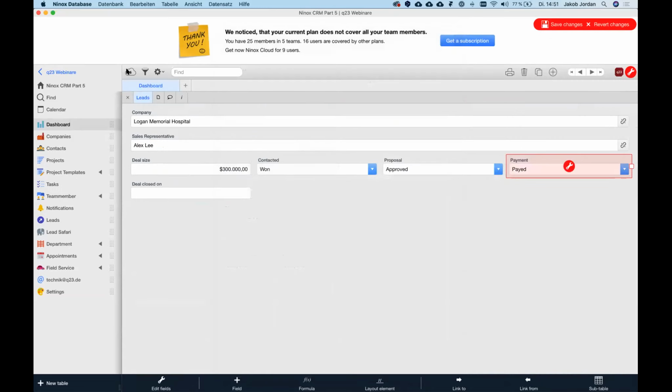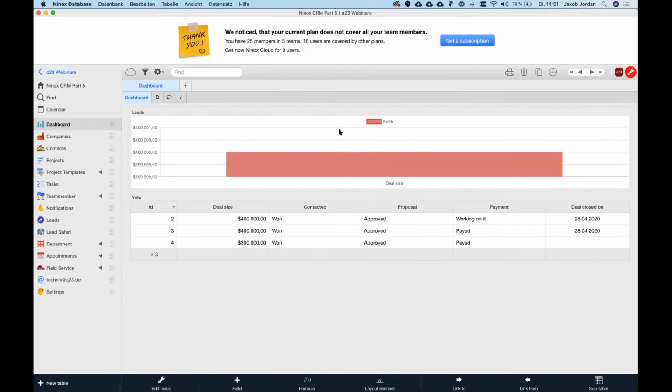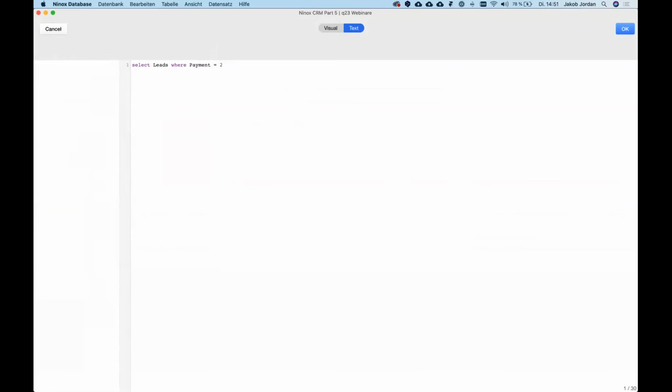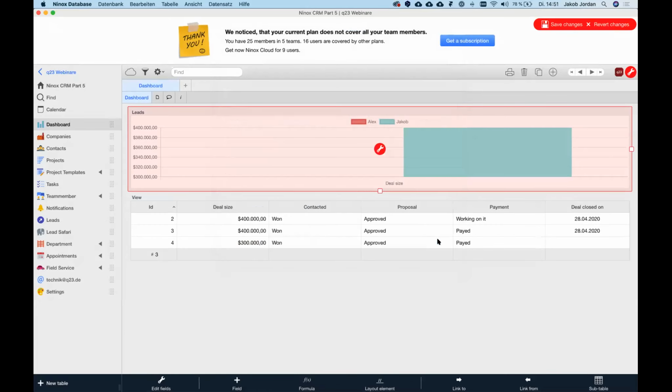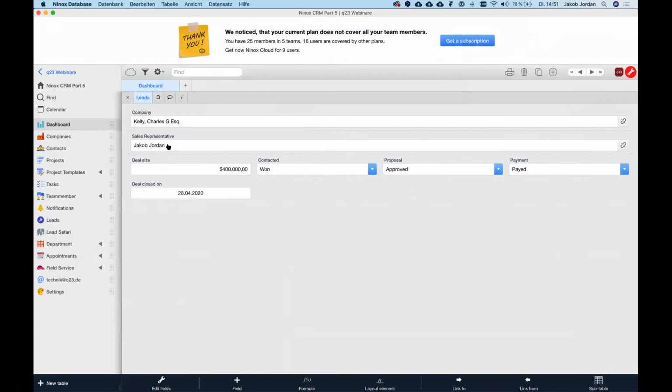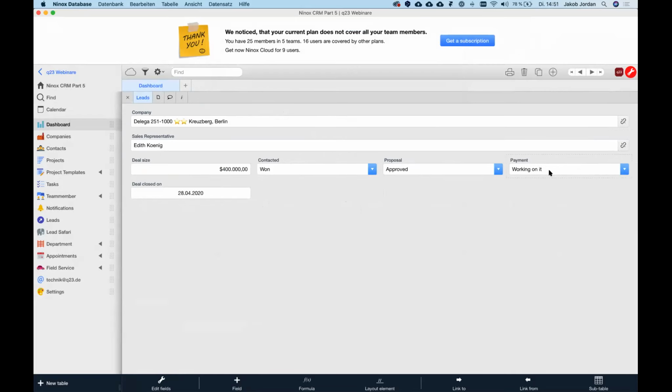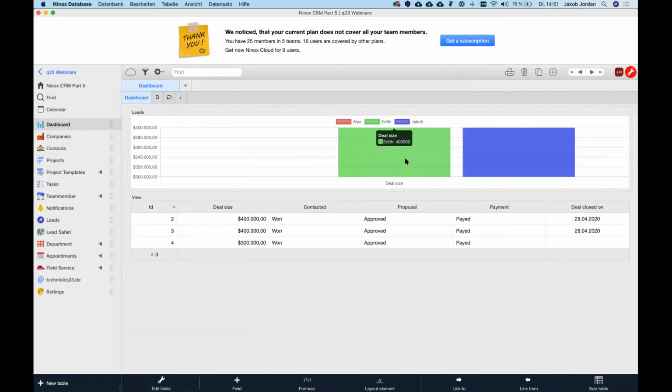Page should be number 2. So payment is equal to 2. Exactly. So here we have Jacob. Here we have Edith. She's working on it. Now we put it to paid. Now you can see the deal size